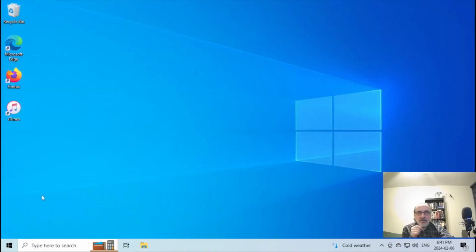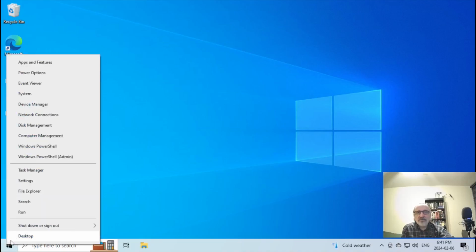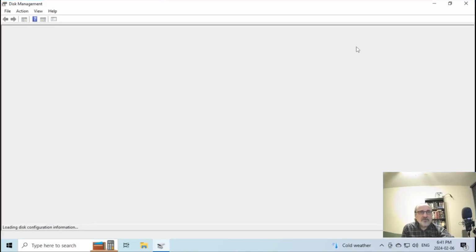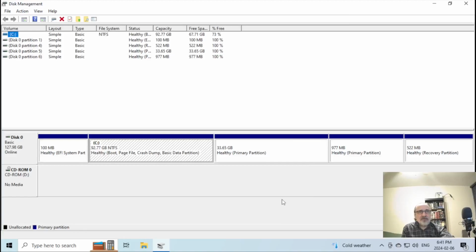And let's right click on the start menu. I'm going to go to Disk Management, and it just takes a moment to open. I'm going to make it full screen. Just takes a moment to load up, and there it's loaded up. So now we can see I have my